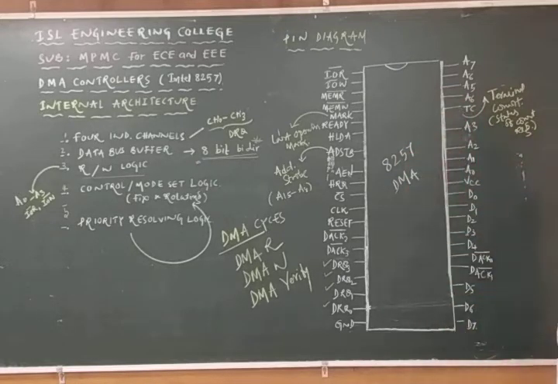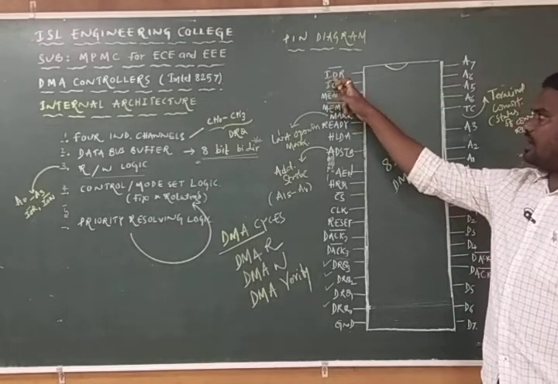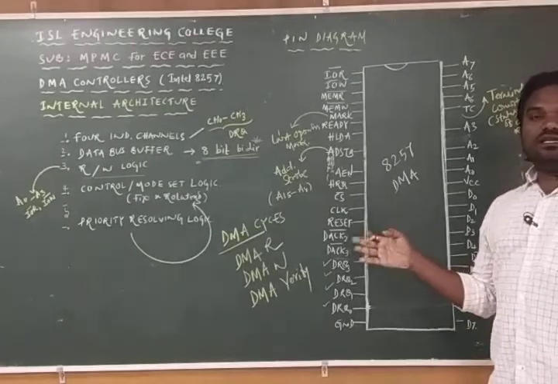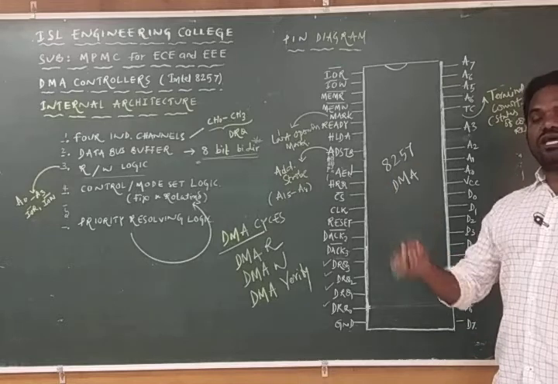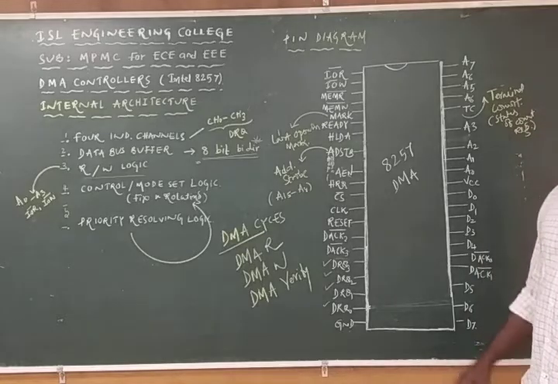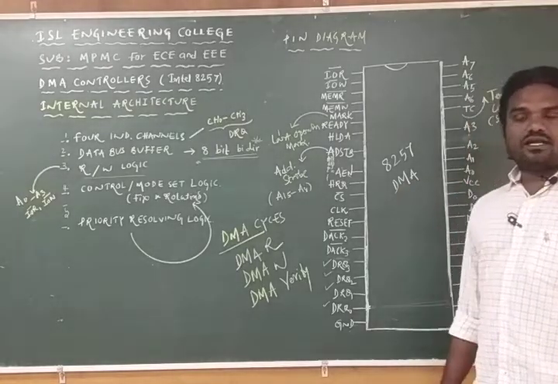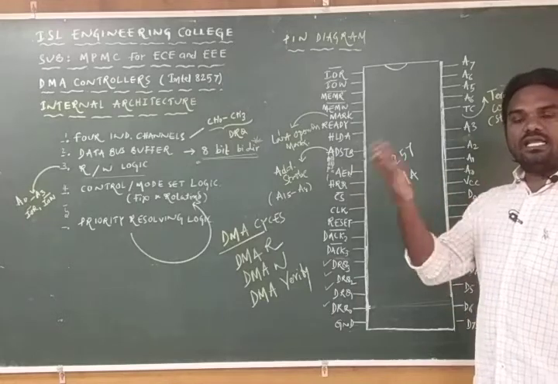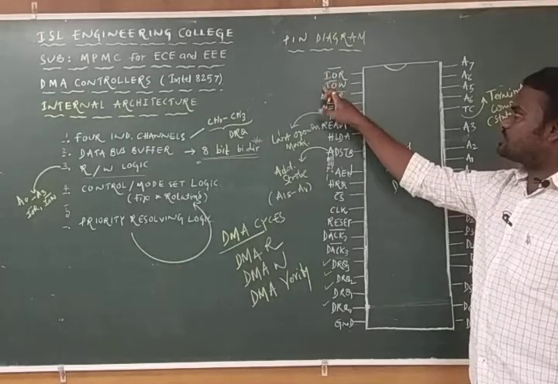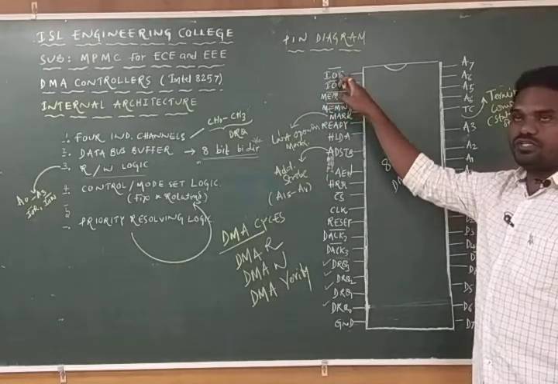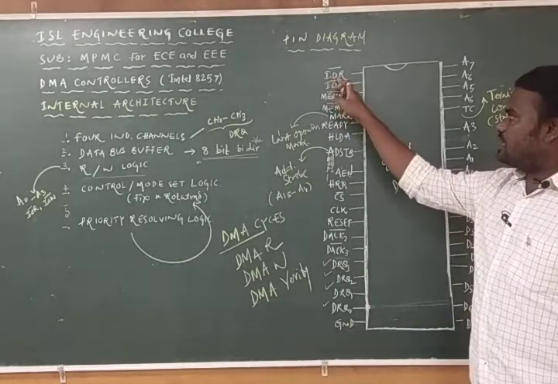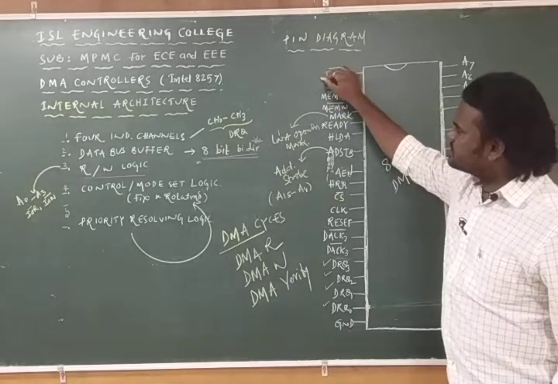All the 40 pins are mentioned here, and here this is about the input output read operation. That means we know that in the internal architecture of 8257 there are 4 channels. Each channel can be connected with one input output device, so that any input output device is getting the data from the memory location or writing the data into the memory location, and that is based on these 2 operations only. We will come to know by making use of these 2 pins what function the 8257 is doing at present. So if this pin is an active low pin and if this is indicating 0, that means what?